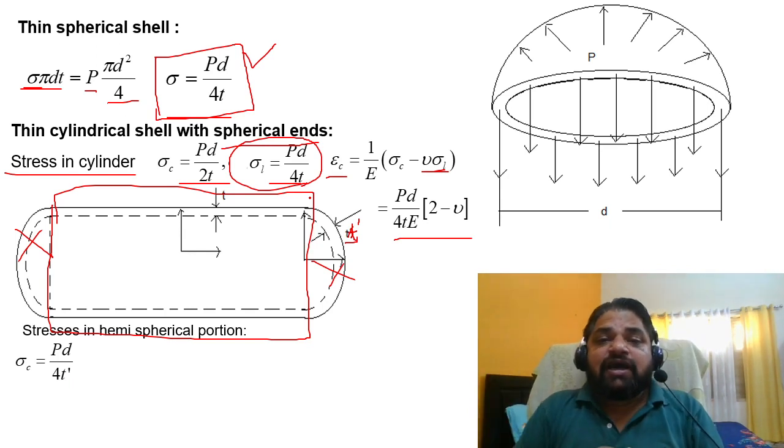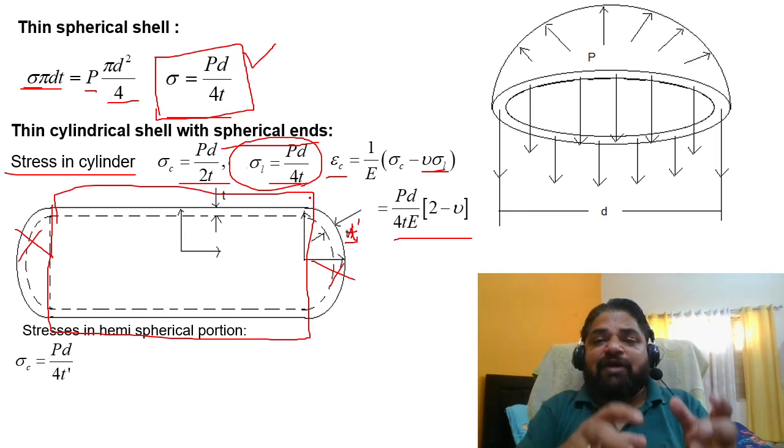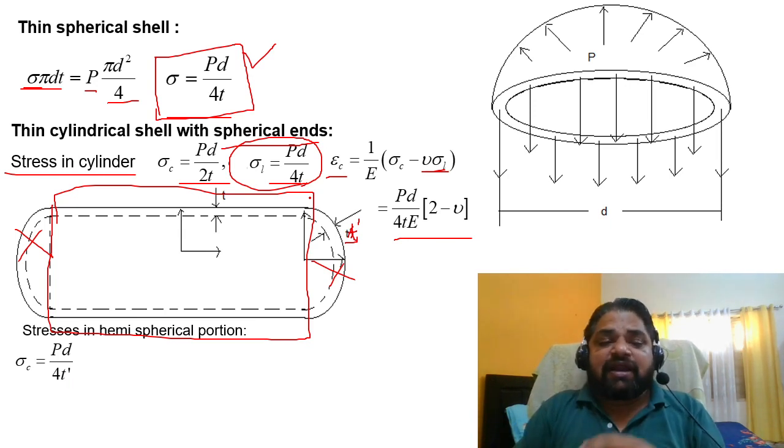There must be some relation between them, like a B by D ratio, where we maintain something for having a particular optimal value of 0.5 to 0.66. Similarly, here also care has to be taken regarding this t.